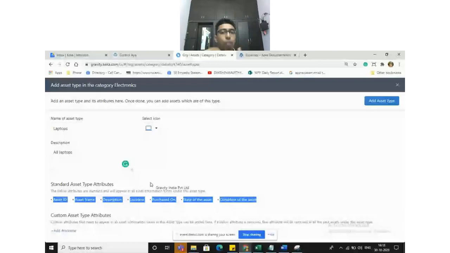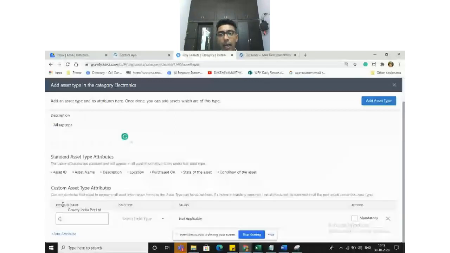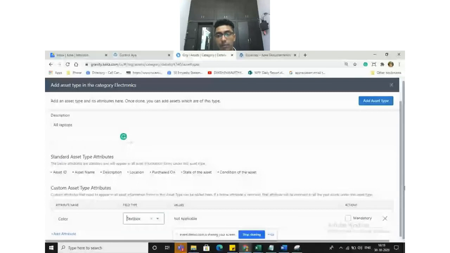Apart from these, if you feel there are certain attributes you would like to define and know their details, you can add custom attributes. You can click on add attribute. Let us say I give the name of the attribute as color. For field type, you can say it is just a text box. You may define it as mandatory or non-mandatory.